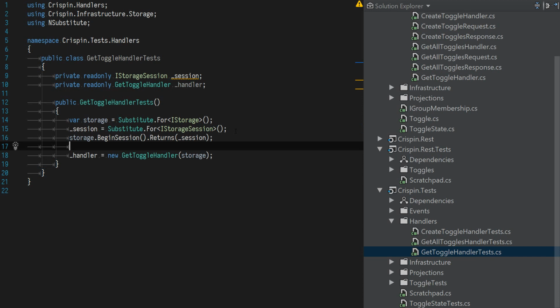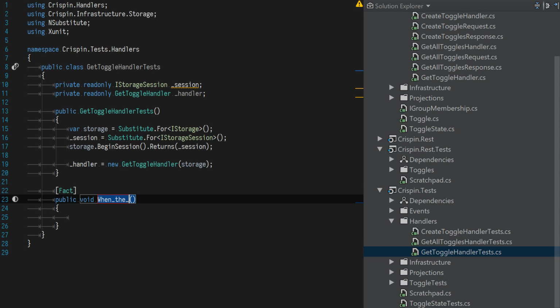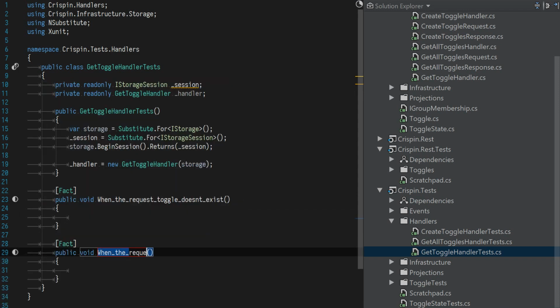Now we can write some tests. So our first test, when the requested toggle doesn't exist, and the other test is obviously when the requested toggle exists. And let's actually put requested there. So, how do we do this? Well, we'll have a toggle ID,